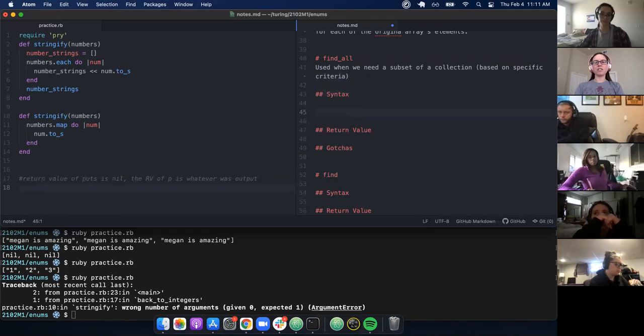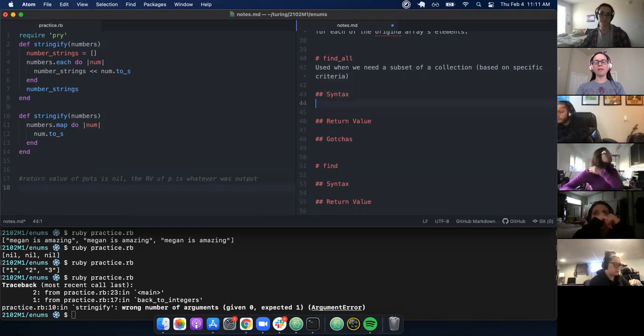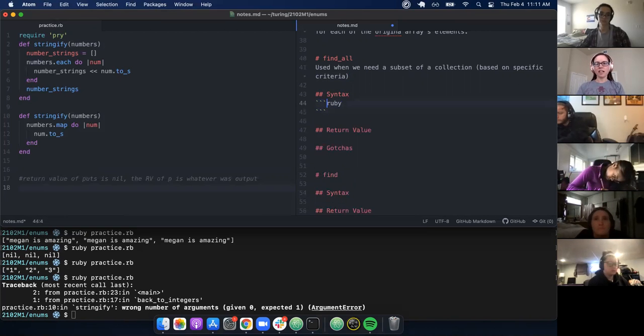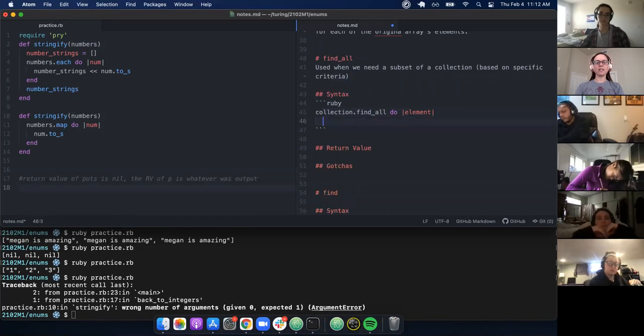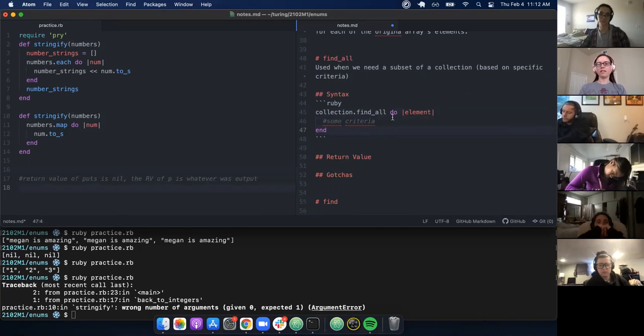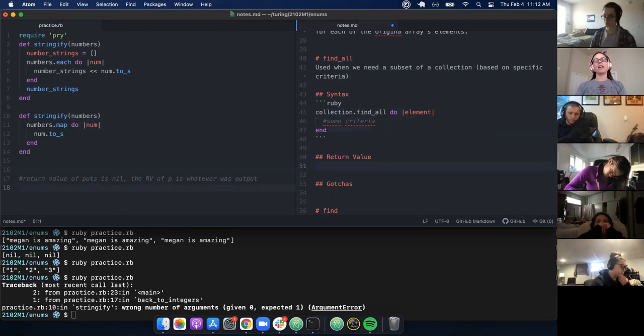The syntax is super similar to map. If we do a little Ruby code in here, we're going to have our collection and ask it to find all. And for each element, we're going to give it some criteria. Okay. And then the return value of find all is going to be a new array